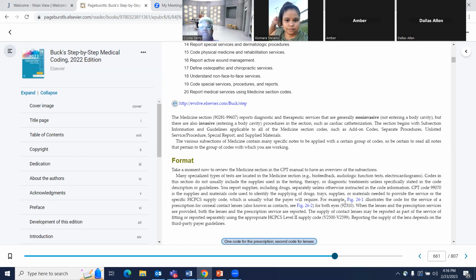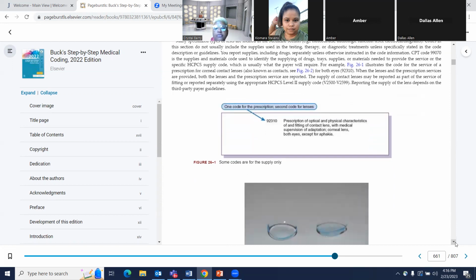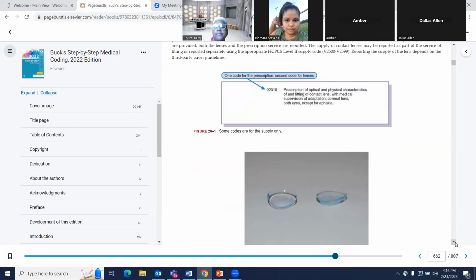trays, supplies, or materials needed to provide the service, or the specific HCPCS supply code, which is usually what the payer will require. For example, figure 26.1 illustrates the code for the service of a prescription for corneal contact lenses, also known as contacts. See figure 26.2 for both eyes. So let me scroll down. So figure 26.1,